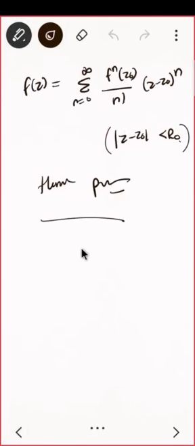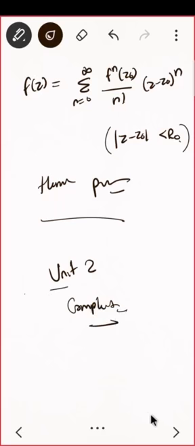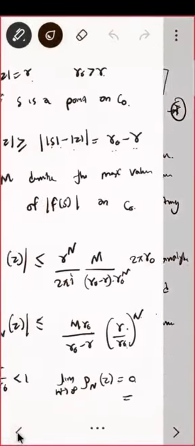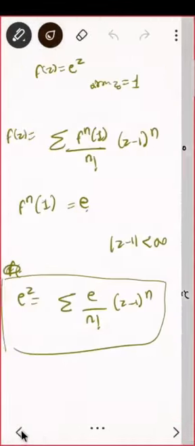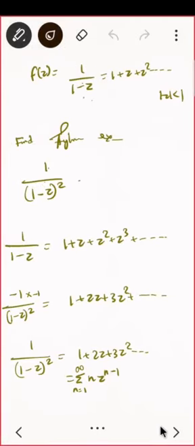Correct. So there is one more guy that came into the picture, that is called Laurent series. This was Taylor series. Now there will be one more guy, that is Laurent series. But before going to Laurent series, let me announce that your unit 2 is done here. Unit 2 is completed. So unit 3 starts with your Laurent series. That is after this Taylor expansion, the next is Laurent series. Okay. So maybe I'll start it in the next class. And Mobius, I think already I'm done with.